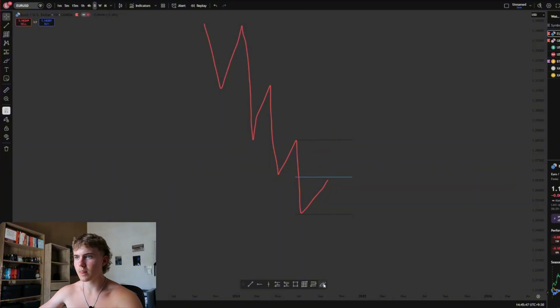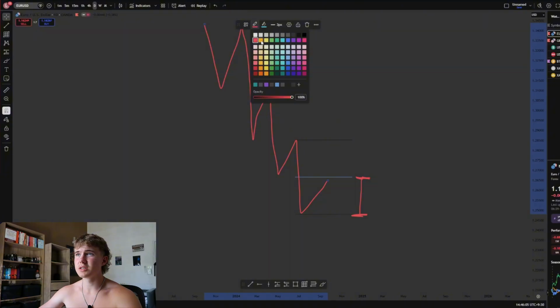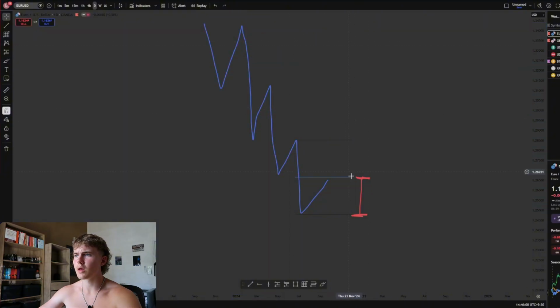And then, marking that out, this area is 50%. So all under here, this is what people refer to as premium. So what this means, just make this blue. What this means is that if this was like the cost of a coffee and it's going up, you don't want to buy a coffee when